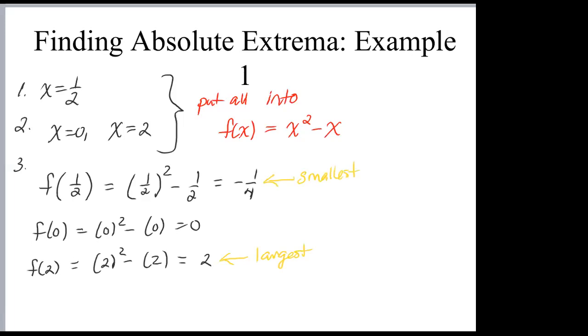So that means that f of 1/2, which is negative 1/4, is the global minimum, and f of 2, which is the largest y value, is the global maximum. So that means the point (1/2, -1/4) is the lowest